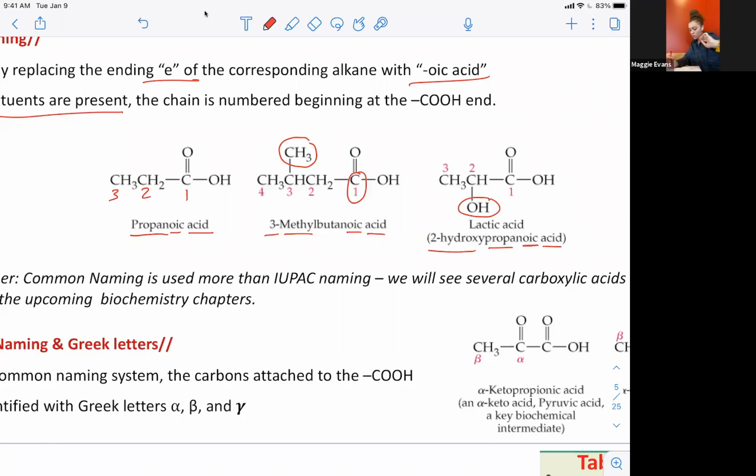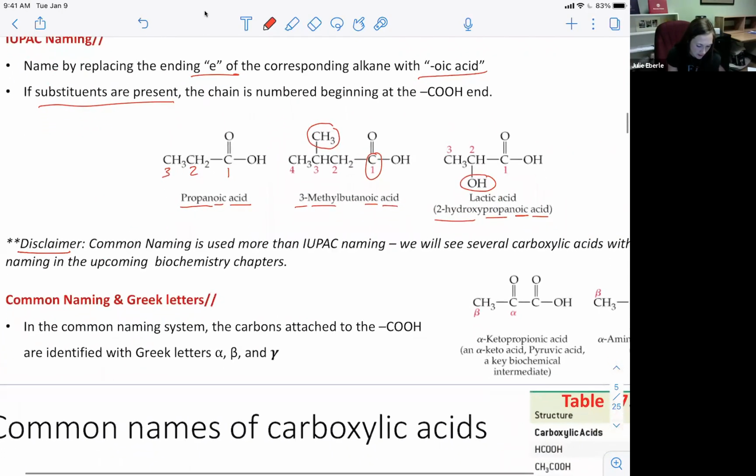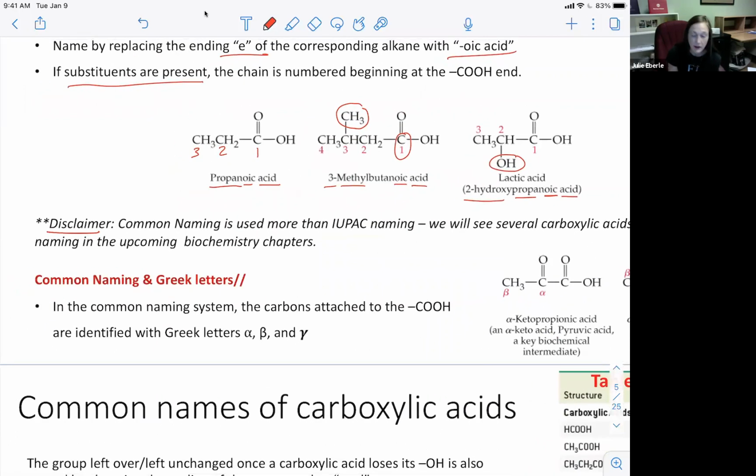Okay. This is just the disclaimer, what I already said, common namings, get ready. With common naming, there is another kind of labeling system that they throw in. And this will be especially important when we get to molecules like ATP. So they tend to use Greek letters instead of numbering 1, 2, 3. They'll use Greek letters alpha, beta, gamma. Okay. So in the common naming system, the carbons attached to the COOH group are identified with Greek letters alpha, beta, and gamma. So for example,